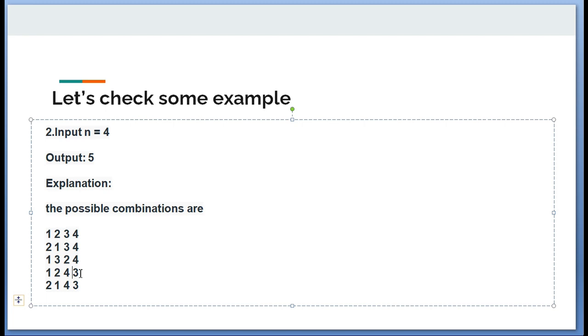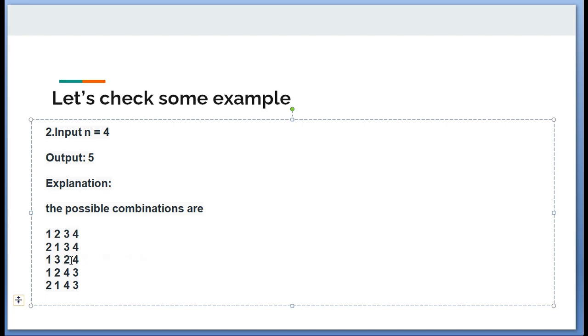So we have two options to put the 4, either at the last position or at the second last position. And when we put this 4 at the second last position, we need to put 3 at the last position. So this 4 3 is fixed, and for the first 3 combination this 4 is fixed. Now for the last 2 combination this 4 3 is fixed. Now we need to think how we will